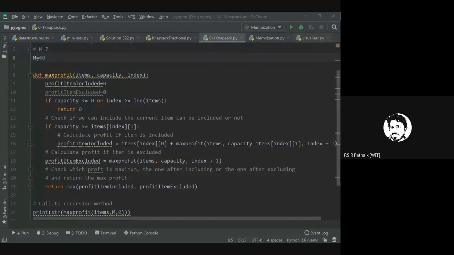So for capacity 2 and index 4, I am calculating that, and that's the redundant call. You will see that I am calculating it again and again. Any other call?